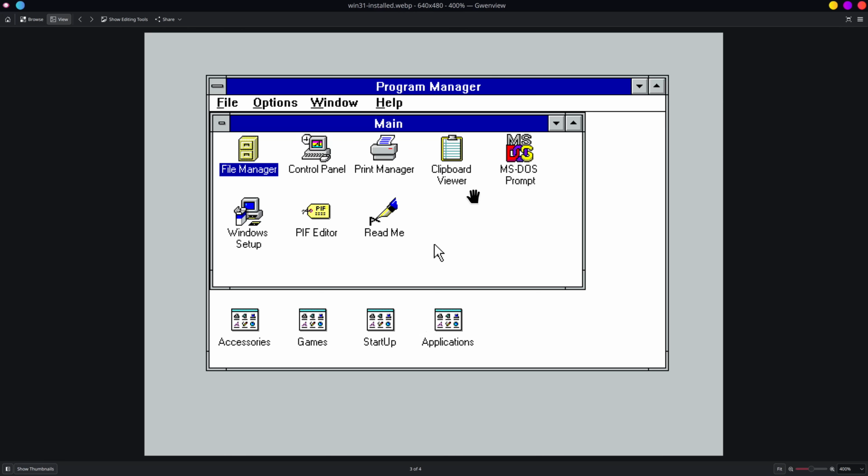And if you look, the windows are even slightly foreign to us because you have a minimize and a maximize button, but then you have this menu over here. What you would do is you would double click this to close the window, or if you single clicked, there would be a menu that would pop up and you could choose close that way. So that's what we lived with from the early 90s up until Windows 95.